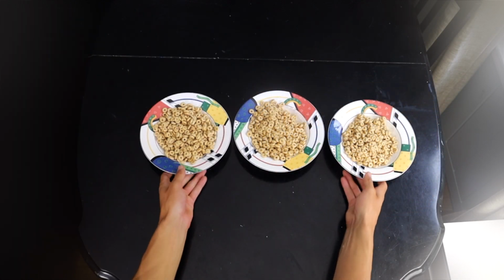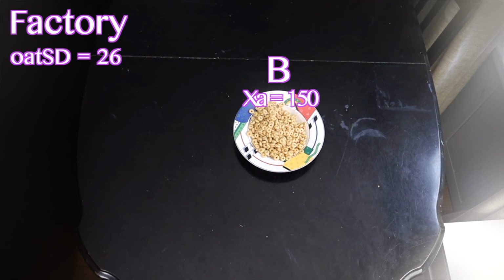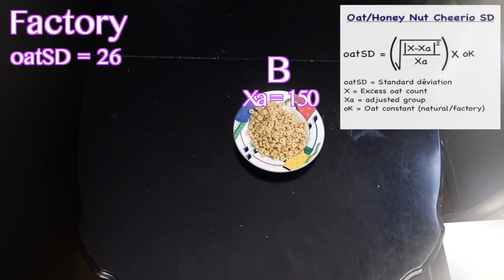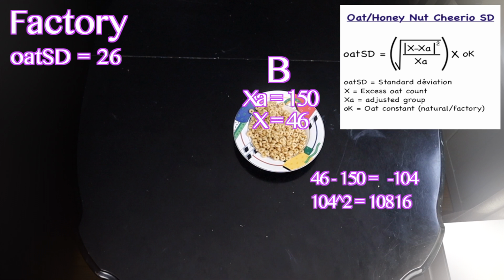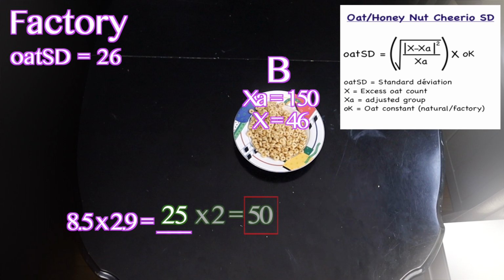So now let's calculate our groups B and C, and remember that the factory oat standard deviation we just calculated is going to stay the same. So in group B, or bowl B, whichever you want to call it, we again have that same excess oat count of 46. Now we're going to subtract the new adjusted bowl number of 150. We're going to multiply that by itself, put it over that adjusted bowl number of 150. We're going to take the square root of that and multiply our answer by the oat constant, the natural oat constant of 2.9. This gives us an answer of 25, but remember that the good oat range is 2 standard deviations, so we're going to multiply 25 by 2 for a total of 50 oats in the good oat range